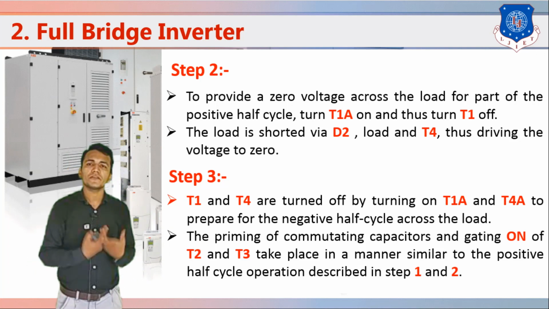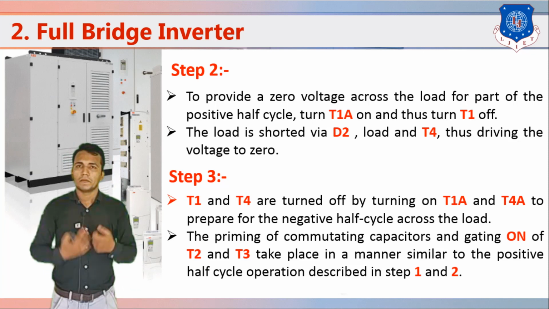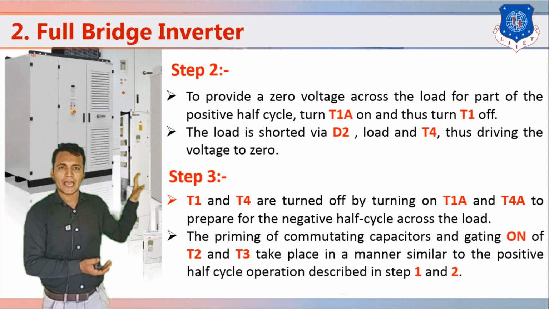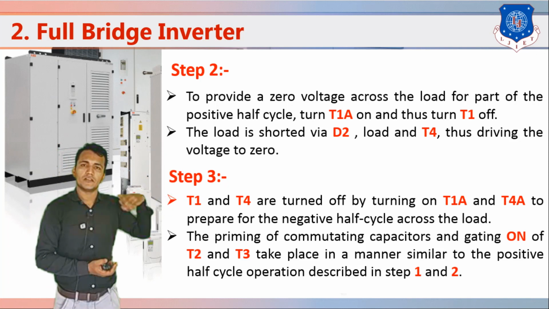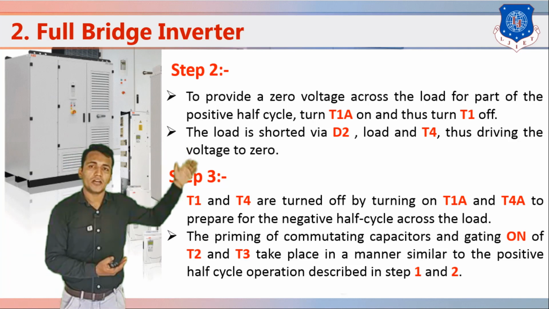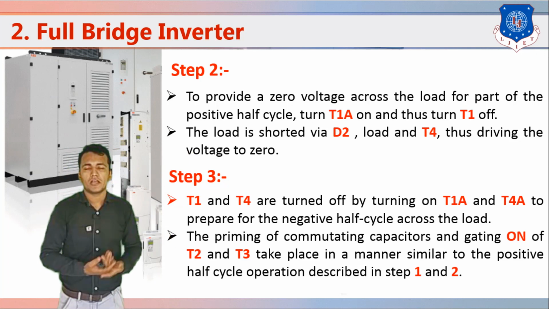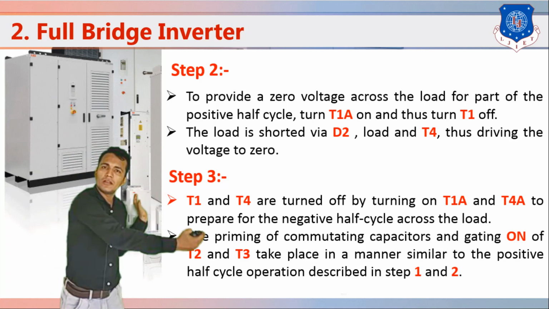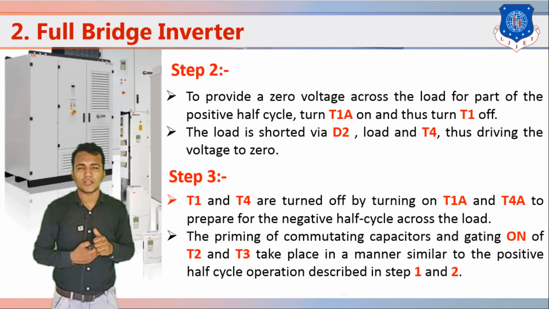Actually, in the full bridge inverter we refer to the half bridge inverter, but here we have only explained the basic circuit diagram and the steps, step 1, step 2 and step 3. If you want, you can also explain the mode 1 current direction and mode 2 current direction this way. But the figure is complicated, so you can explain using a single circuit diagram and then go through step 1, step 2 and step 3.